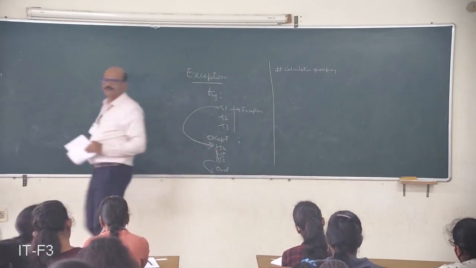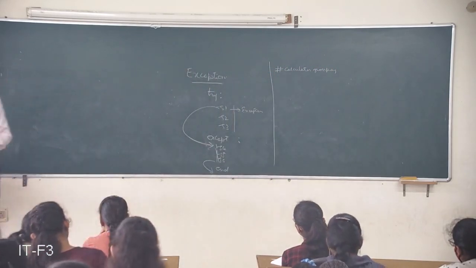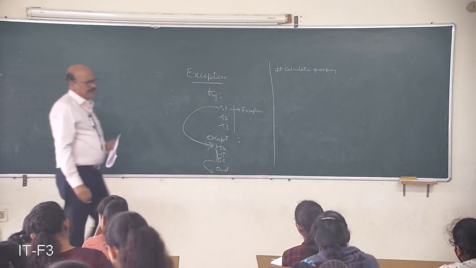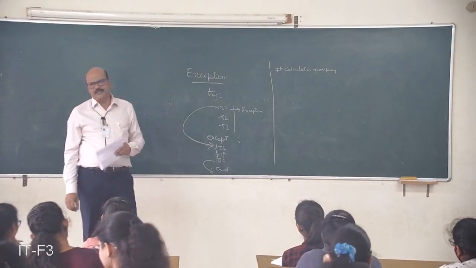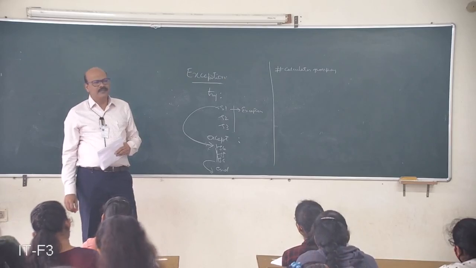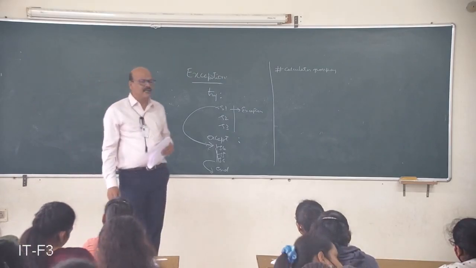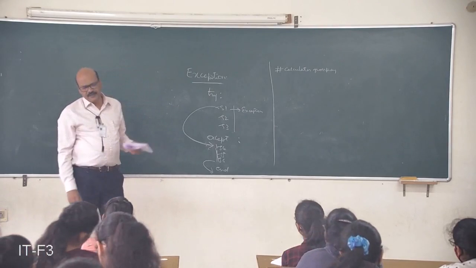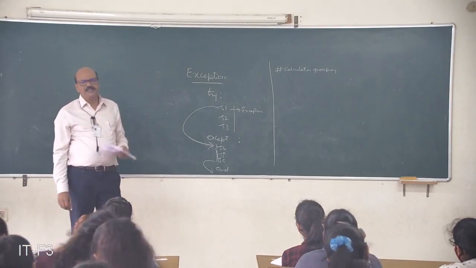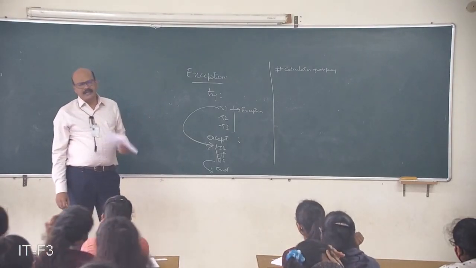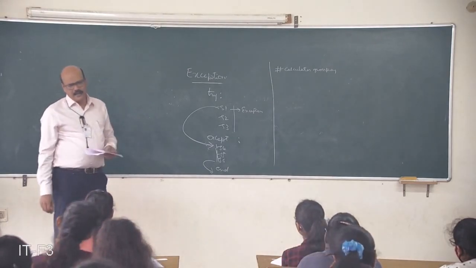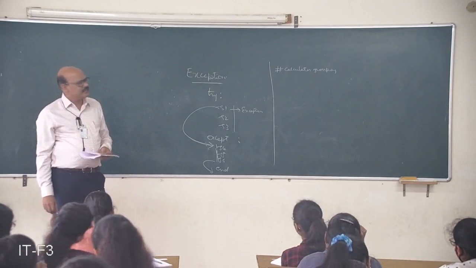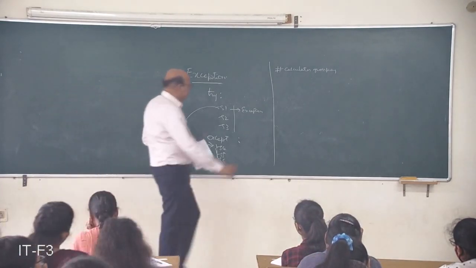Assume that there is a daily wage worker, an employee in the organization who works on a daily wage basis. What inputs do we require to calculate the gross pay? As we have discussed earlier, the number of hours he has worked per week, and the wage per hour. These are the two parameters that we require. Okay, let us see.